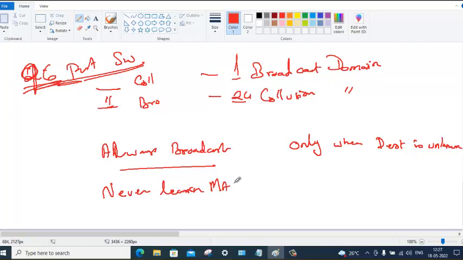Switch learns from the source address of the incoming frame.